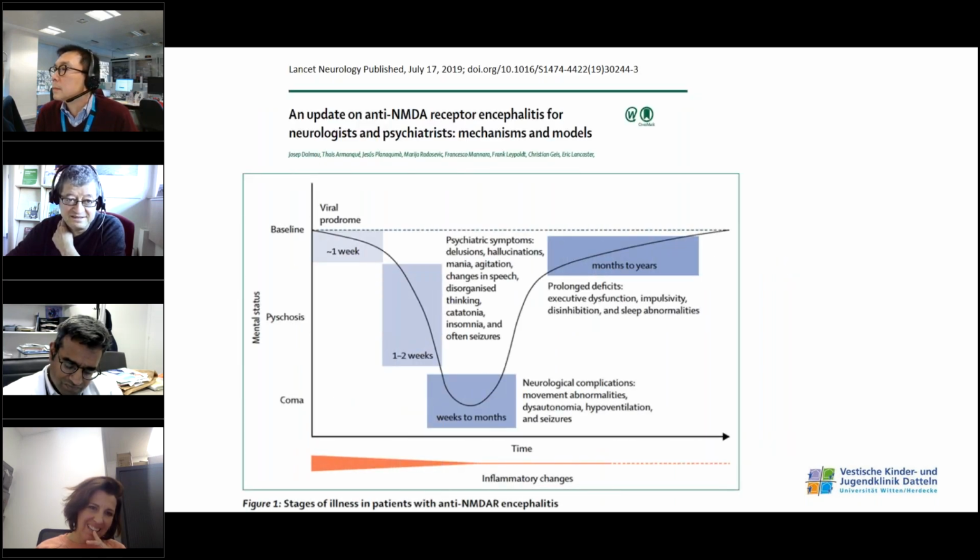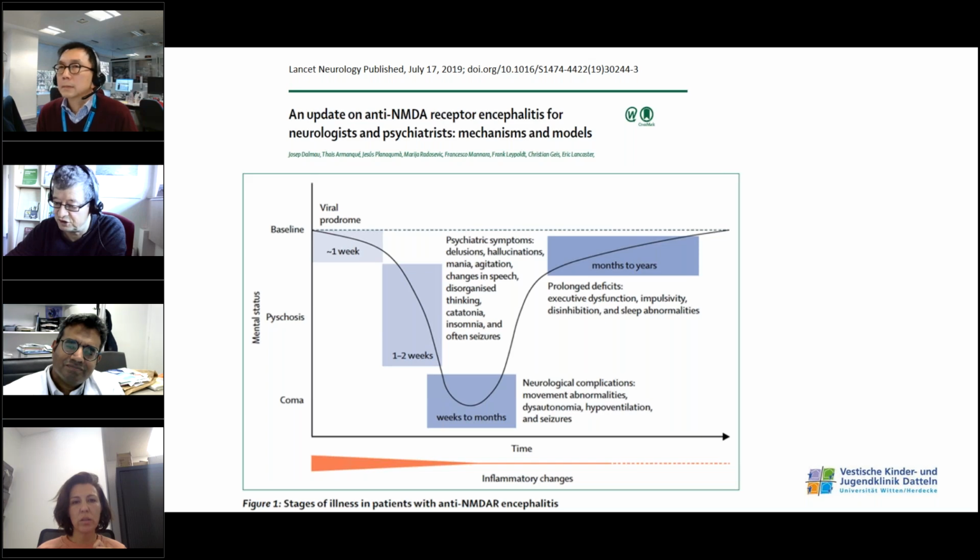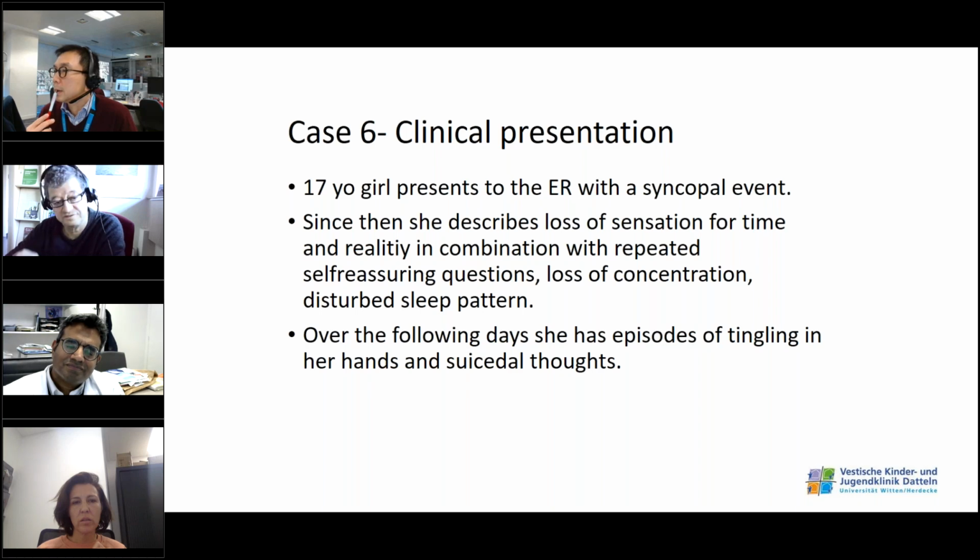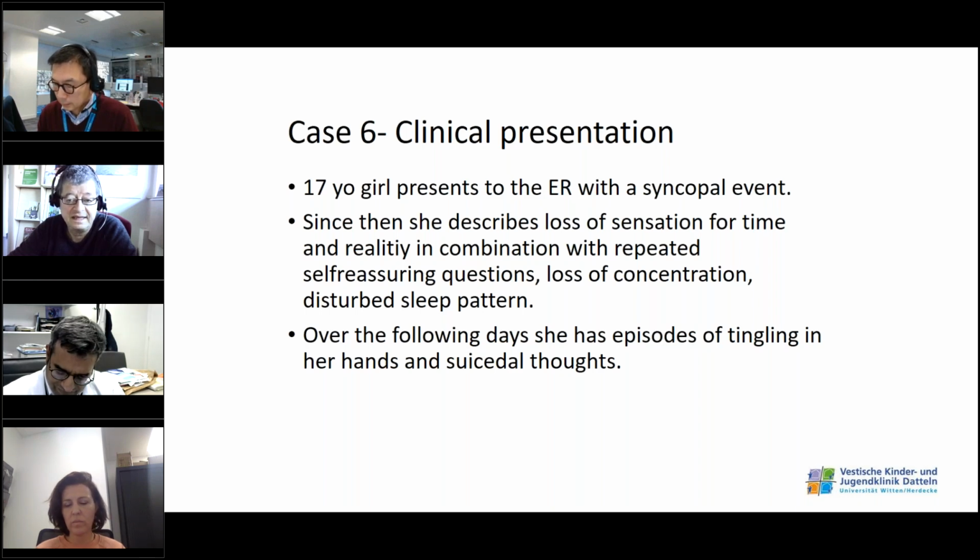This is a very nice paper I like to reference because it describes the sequence of events very nicely. There's a nice acronym called ENMDAR research, and every letter stands for an important diagnostic feature of the disease. Now, one child in our cohort was a 17-year-old who presented to the ER with a syncope, and then